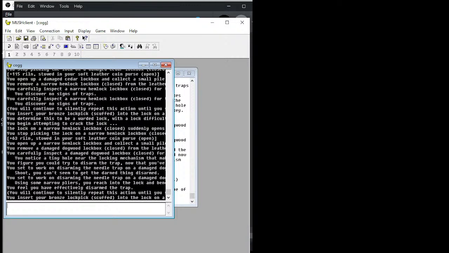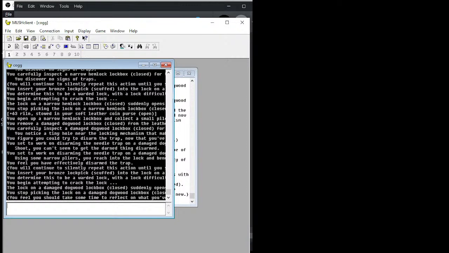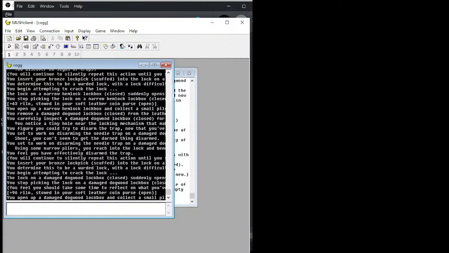You will continue silently repeat this action until you specifically stop or otherwise prevent it from continuing. You insert your bronze lockpick cuff into the lock on the damaged dagwood lockbox and begin feeling around for what type of mechanism it might be. You determine this to be a warded lock with a lock difficulty of around 30. You begin attempting to crack. Stowed in your soft leather coin press, it opens. You open up a damaged dagwood lockbox and collect a small pile of silver rolled into valid linen dye from it, then toss the empty lockbox into